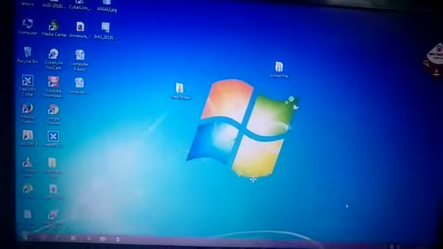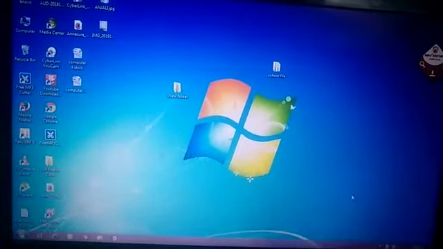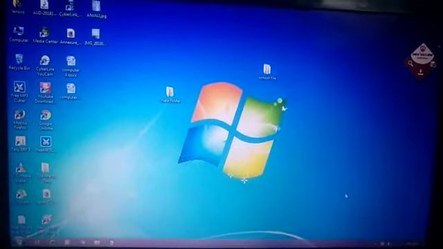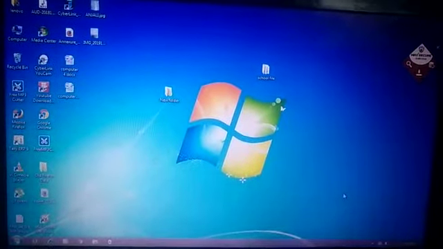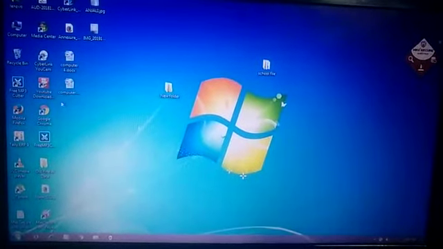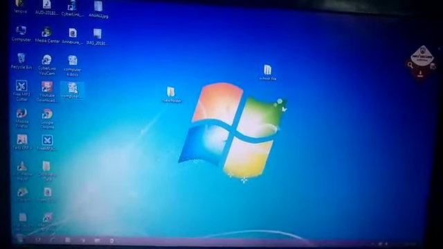Hello children, today in Standard 4 Computer Practical Class Video 3, I will show you how to delete text or blocks of text, and then we will do undo and redo changes. So first we will open a Word document. I have saved a Word document. I will open it.